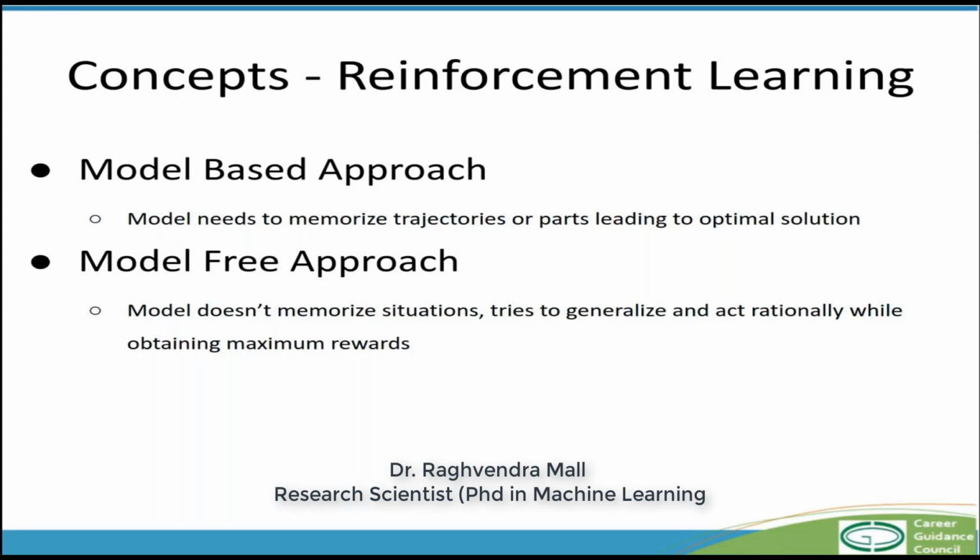So at that point, you have to have an exploration aspect also. Exploitation is about getting the maximum rewards, but in reinforcement learning, you have the concept of exploration also, where you have some amount of randomness. If you get stuck in a particular situation, you randomly select a negative action also, or an action which is not always going to lead you to the maximum reward, but a sub-maximum reward, or can even give you a negative reward, but you try to explore other trajectories. And these kinds of approaches have become more and more famous